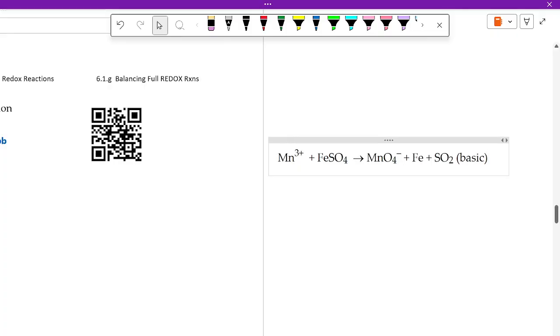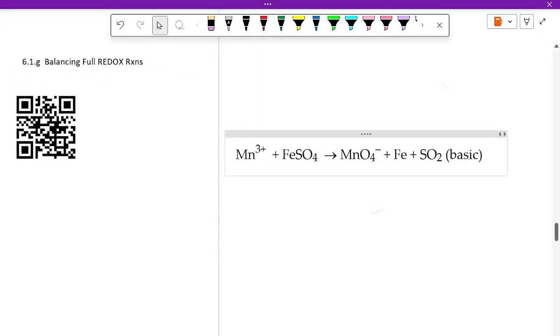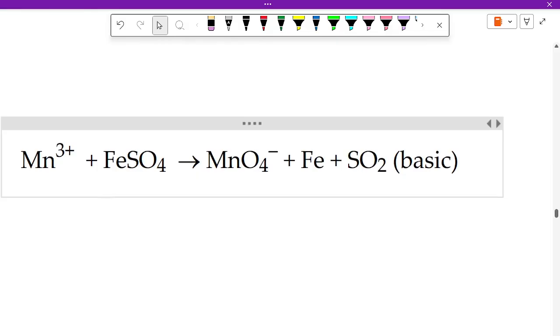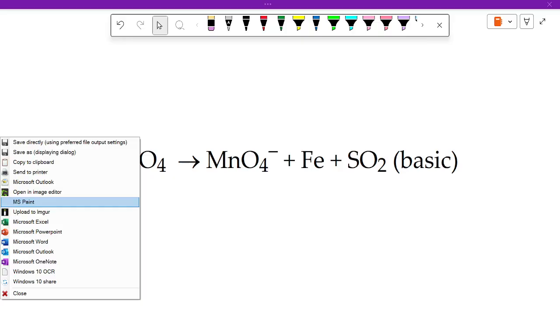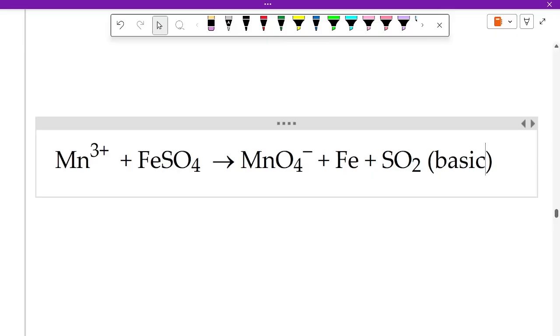So you guys get to copy this down now. Mn3 plus, FeSO4 gives MnO4 minus plus Fe plus SO2. And we're going to make it in basic because why not? Here we go again. Okay, so now, hold on. The trick, no, there are not 3 half reactions. There's only 2 half reactions. The trick is to say